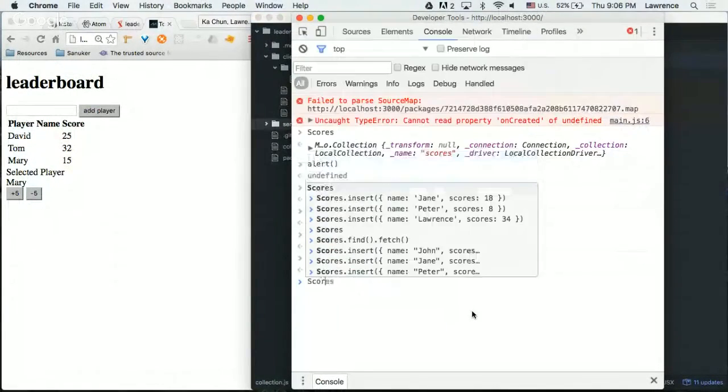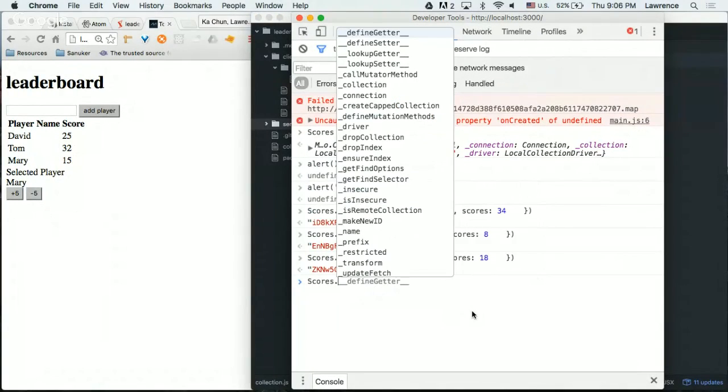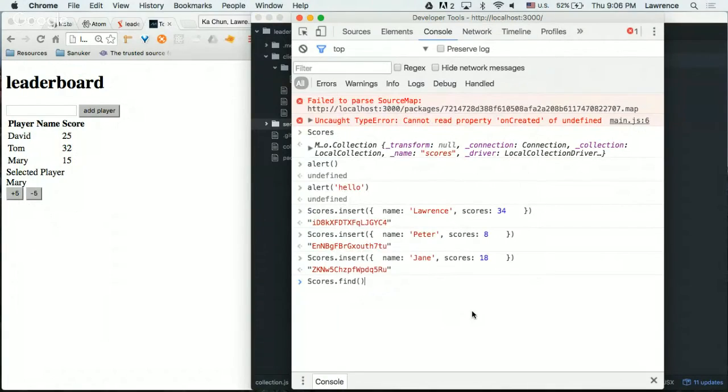This time it's also scores. That means referring to our database. And then dot find and then brackets, and then dot fetch. Okay, what we did before, we are telling the database we're going to insert something. This time we're going to find the things out. So scores.find means actually looking into your database, but find means just look at it. You actually want to get the data out, so you need to fetch.